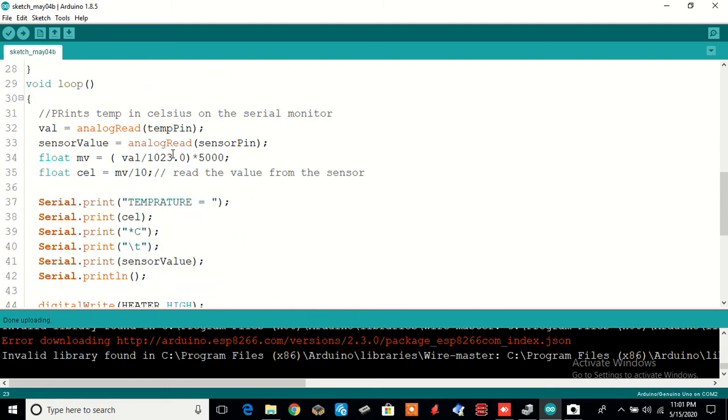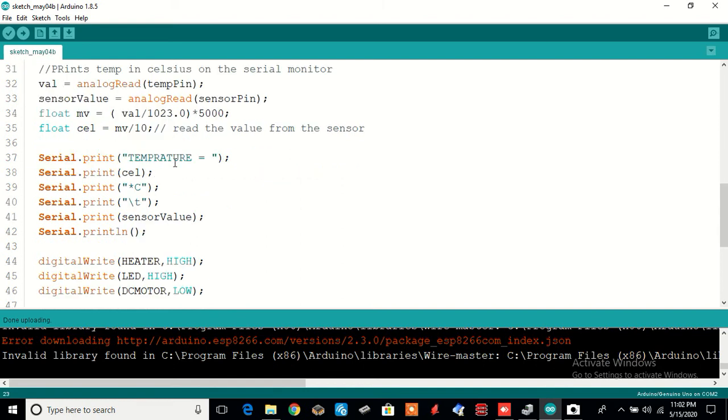And in an infinite loop, I would like to read the temperature of the chamber, and I would like to read the intensity of the chamber, and also I would like to control the heater as well as the DC fan. So what are the functions? As I explained in the earlier slide, if I want to read any analog pin, then the syntax for that is analogRead.